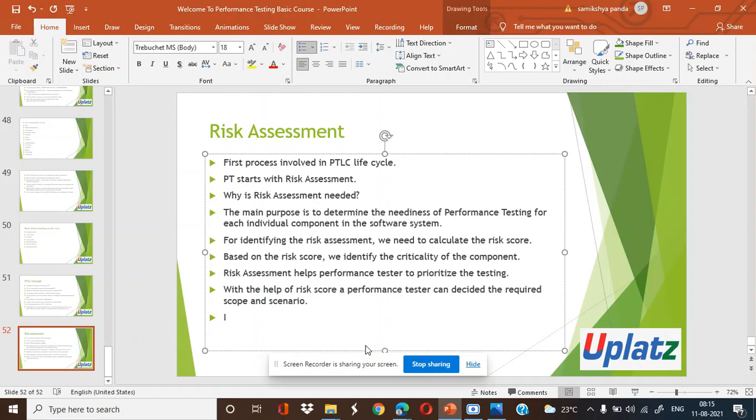Some performance testers can utilize this particular phase to identify the critical business flow. If a performance tester decides any critical business flow and he calculates the risk for that particular component,